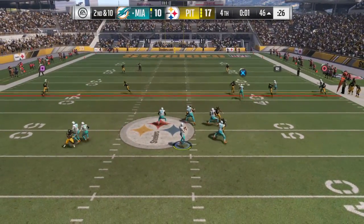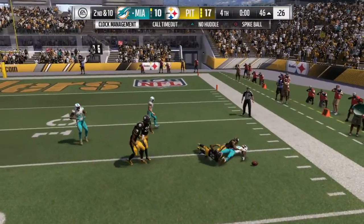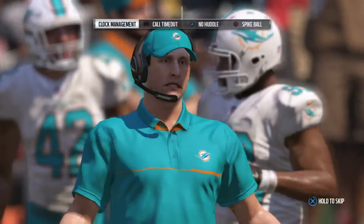One last throw here for Tannehill. He's going to let it fly. And it's incomplete. So their final drive